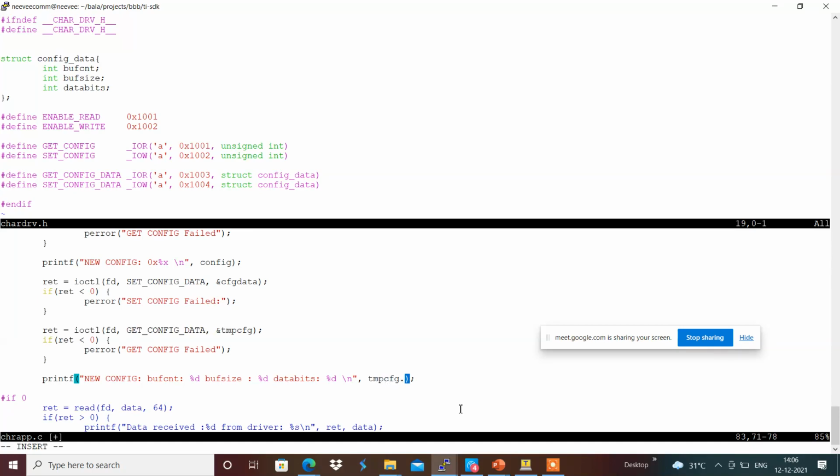That way we will be getting the new config back after sending with the ioctls.